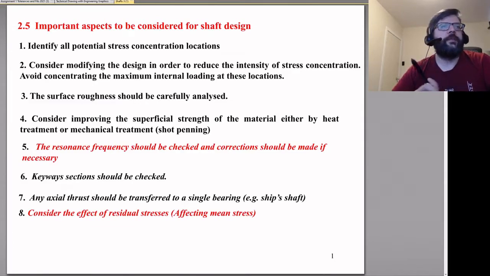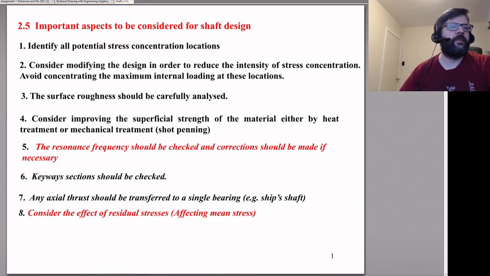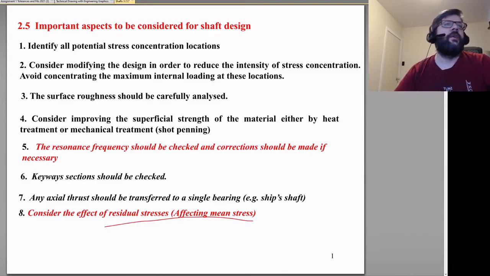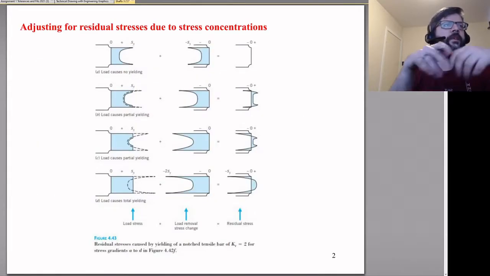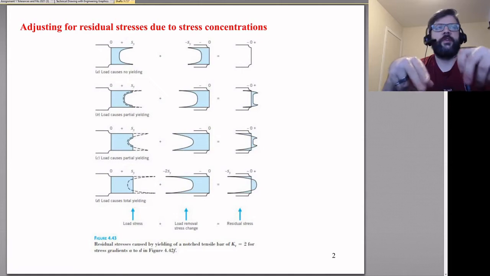So let's look at some other important aspects for shaft design. We'll be talking about the effect of residual stress and resonant frequency in this lecture. So, residual stress: the key here is that when you have stress concentrations that arise,